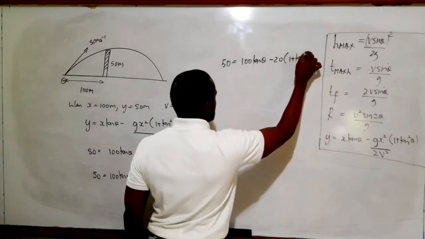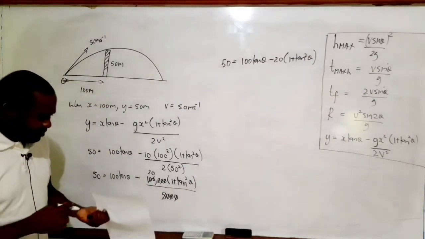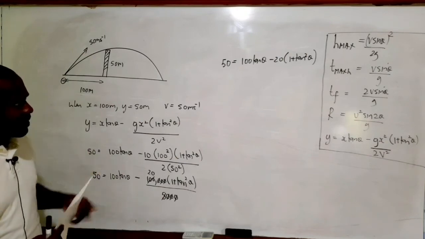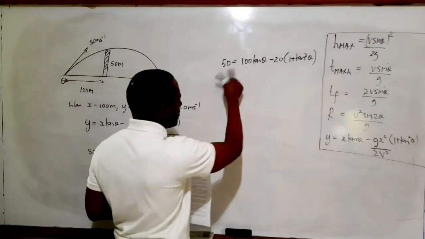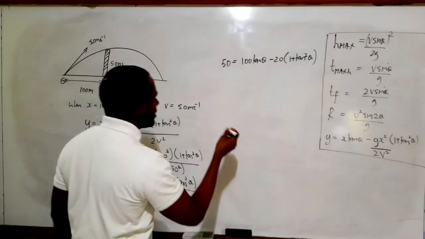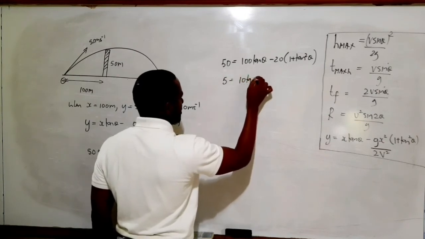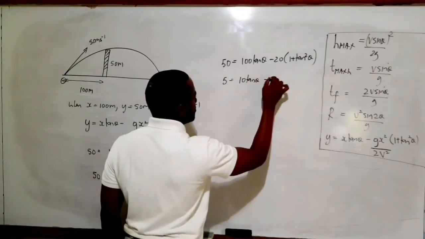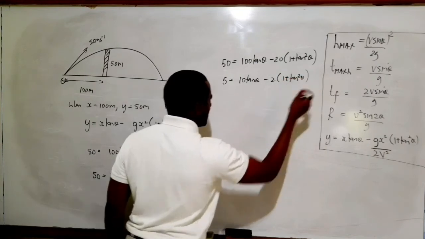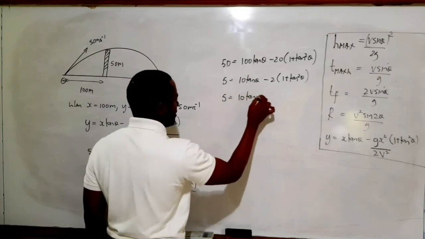So we can now basically expand our brackets and simplify. Or we can actually simplify a little bit first before we proceed to expanding the brackets. Now each of these coefficients or numbers, 50, 120, are divisible by 10. So dividing through by 10, we get that 5 is equal to 10 tan theta minus 2, 1 plus tan squared theta. And we expand the brackets now, we get that 5 is equal to 10 tan theta minus 2